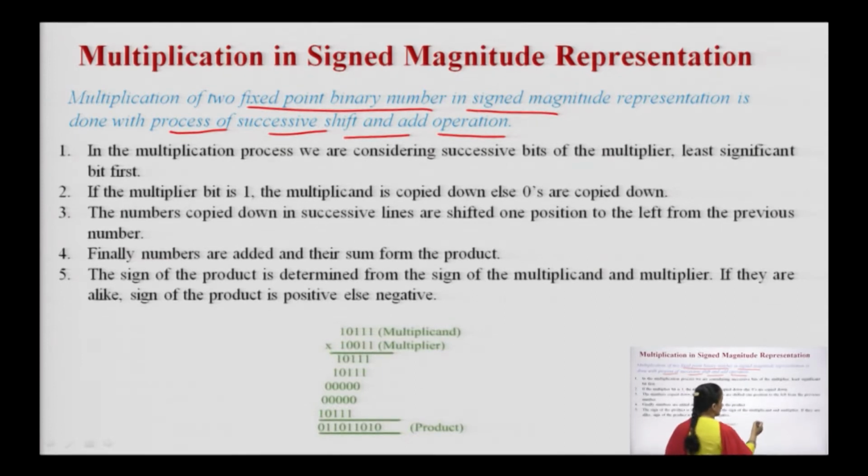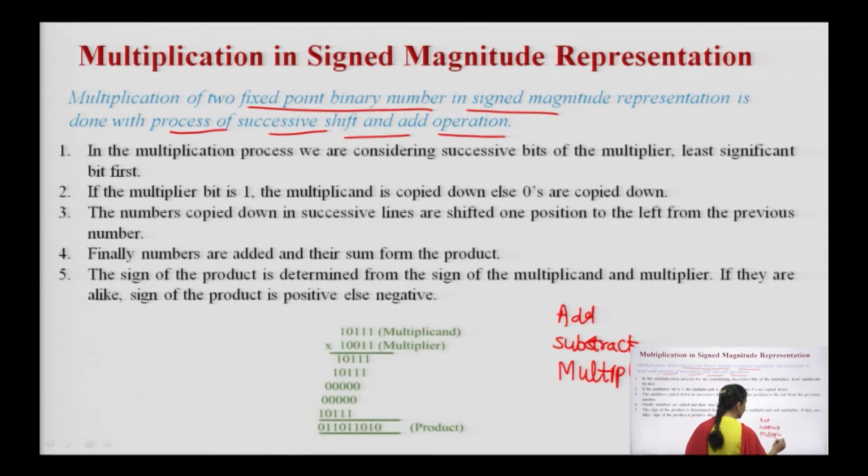As we know, in the CU we fetch the instruction, then it is decoded and then it is executed. During the execution of the instruction, the next instruction is again fetched, decoded and executed. The ALU performs the add operation, subtract operation, multiply operation, division operation. The ALU is designed for the addition operation.